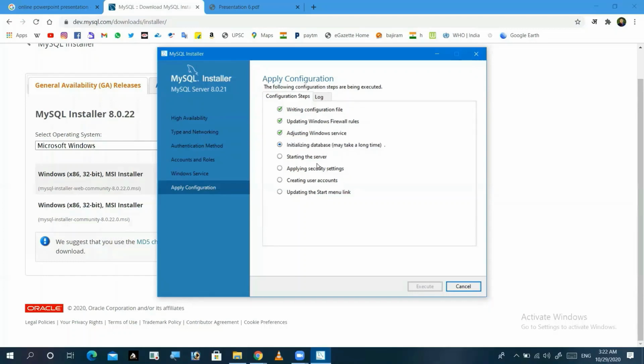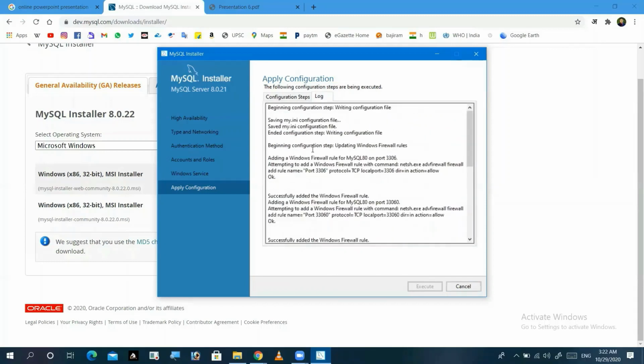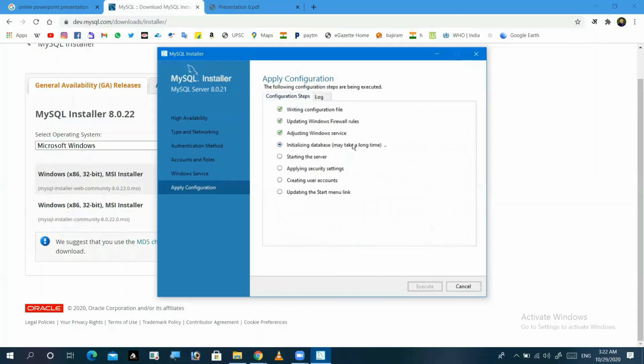It starts our setup. The third part is already set up. Fourth is initializing database. It takes a few seconds, and after that it's installed. And what is the log? Okay, the log is something you can read in the description if you want. It's just initializing our database. It takes a few more seconds, guys, about 30 seconds. After initializing, just execute.